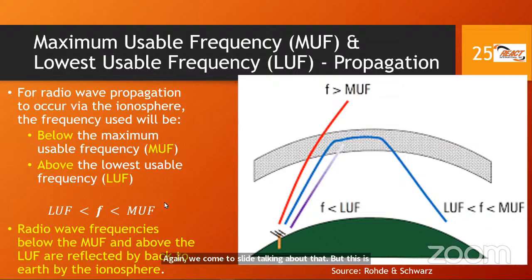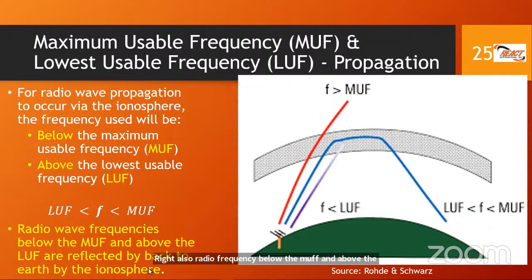Again, we'll come to a slide talking about that, but this is just a mathematical representation. This is not an exam really, but for those who, sometimes you want to see it mathematically written down, this is what it could look like. The frequency you choose will need to be below the MUF, but above the LUF. Right? Also, radio frequency below the MUF and above the LUF are reflected back